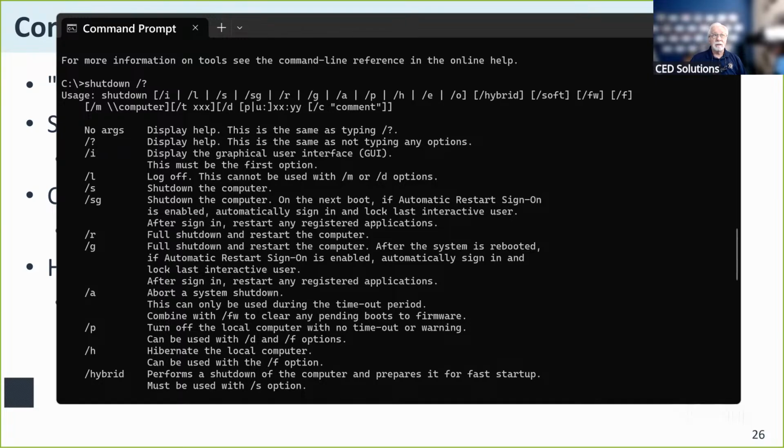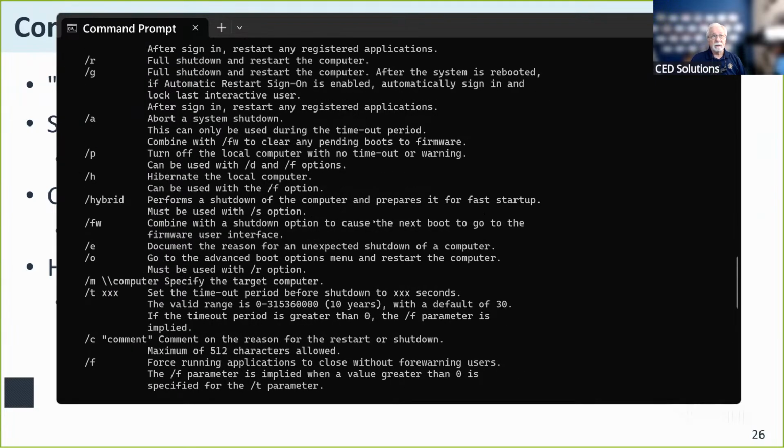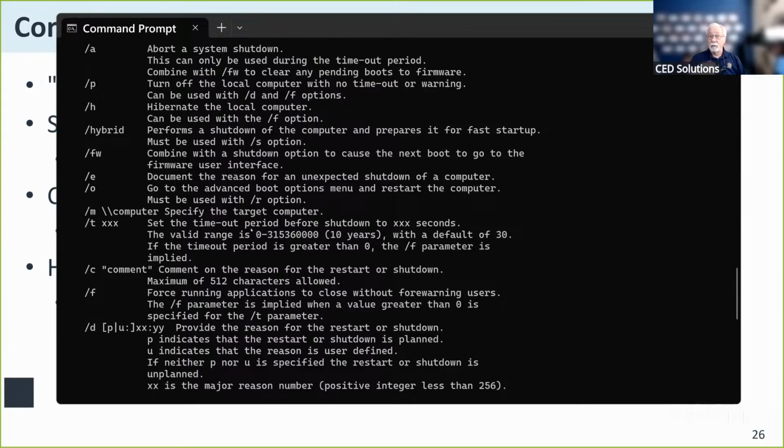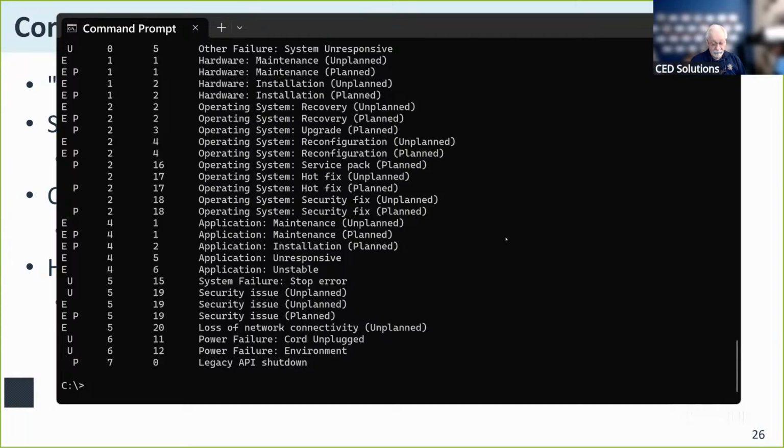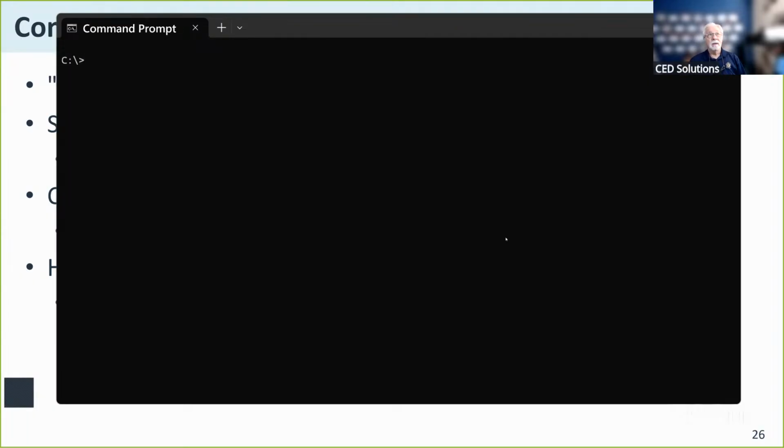And in a lot of cases, when you're looking at the help text on these things, it will even give you example utilization: the shutdown command and then a couple of options, and here's what that will produce. And all the help text is right online here, everything that you have on that. Now, the command line is always available.